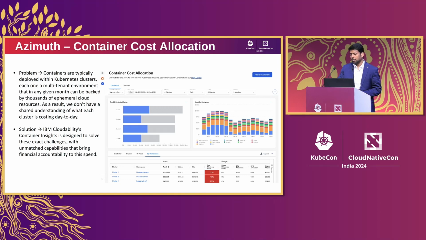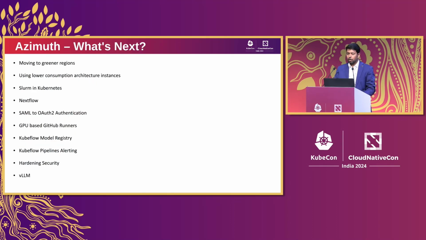And the best part is it also calculates idle cost, which means if the container consumes only 2% of the pod, then it is called idle cost. It also calculates the cost efficiency score. And recently they have introduced a feature called sustainability report, where you can calculate how much consumption you have used. Okay, and the roadmap of Azimuth is